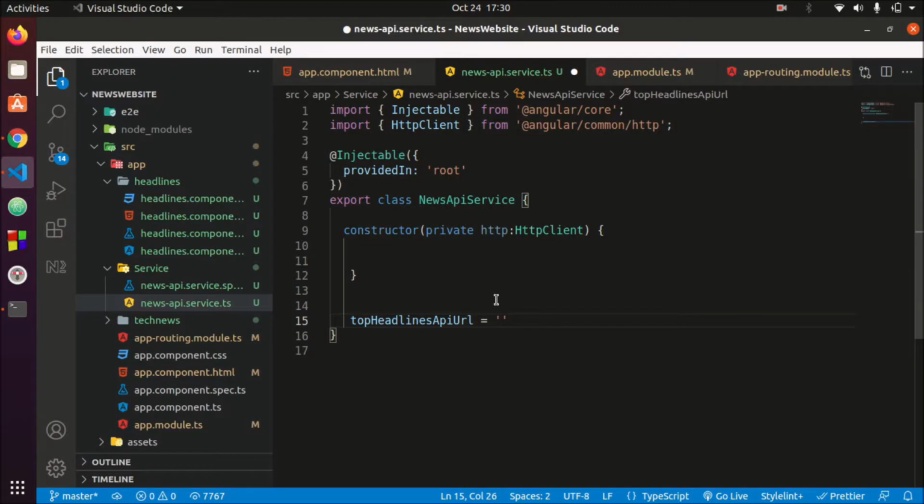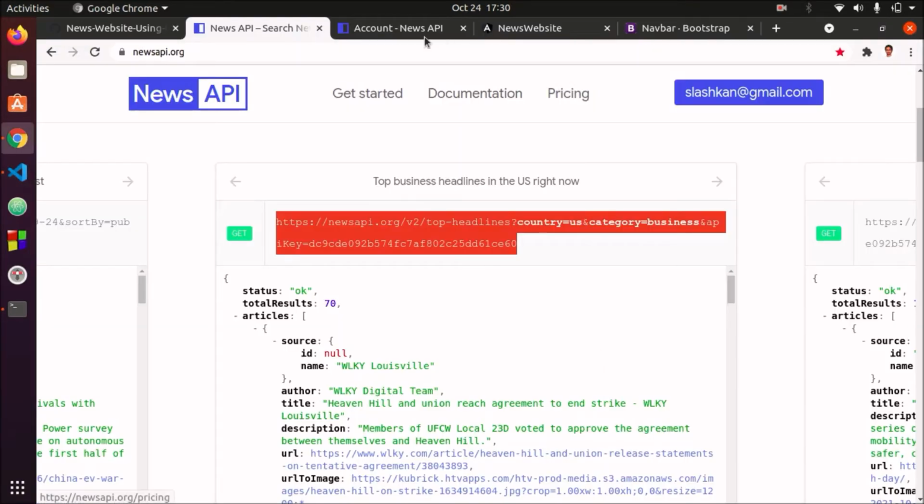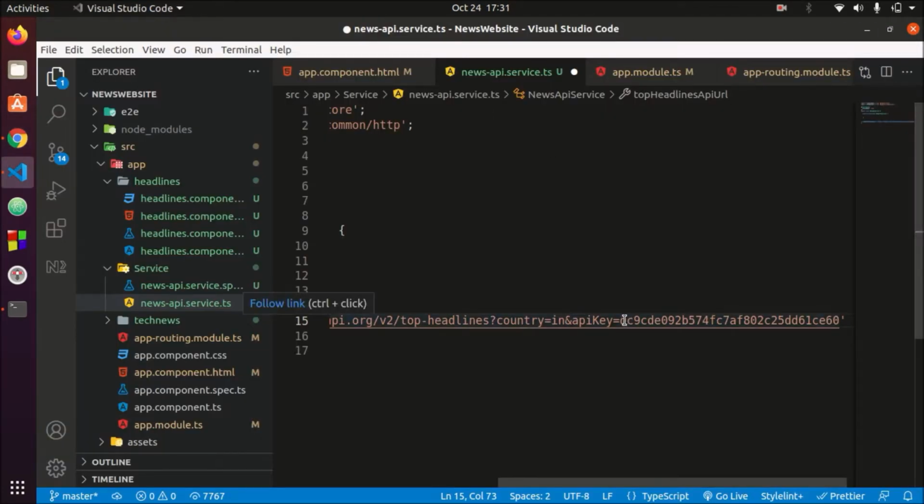So let me copy it, paste it, and we don't want news of any category, so I will be removing category from it, and I only want the news from India, so I will be replacing US with IN, and let me copy my API key and replace it with the default one. So I have also replaced the API key.